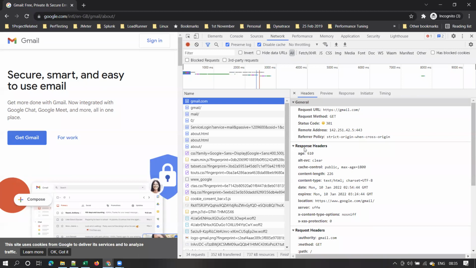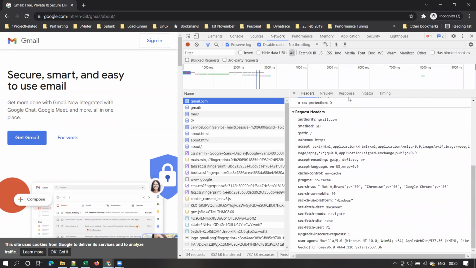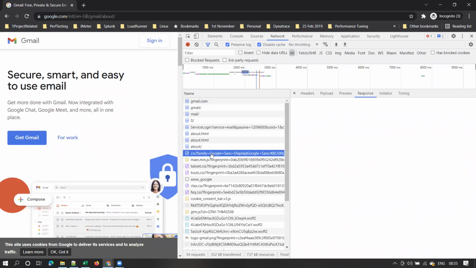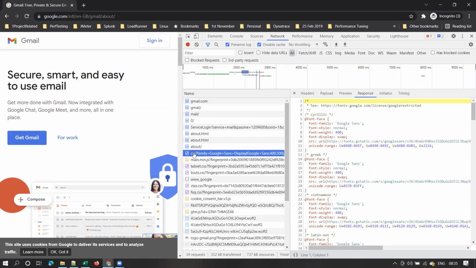You can see the response headers in this way. If you go to headers, under headers you see the request URL, request method, and status code. This is nothing but your response code and response headers. And where do you see the response body? If you go to the response tab, it will show you the response body. Let me show you some response body. See here, there is a request to a CSS file, and this is the content of that CSS file, or the response body. Is it clear, guys?